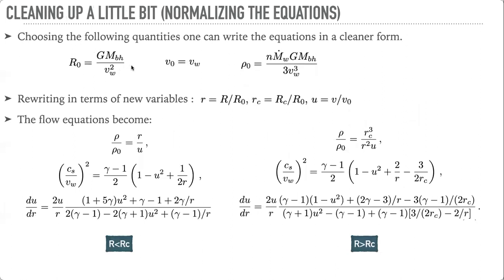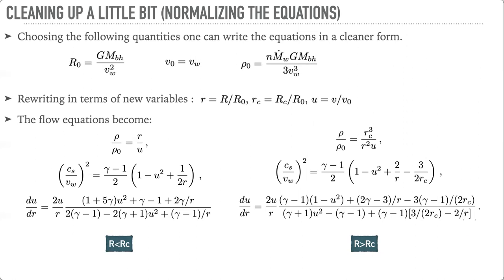But before that, we can renormalize the equations, writing them in terms of these quantities, which is the magic done by Jorge Cantó to pick the right quantities, and then we can make the equations dimensionless, and they look very well. They look simple, but they're still messy. So basically, we write the distances in terms of this R_0, and we change variables to little r, which is r in units of R_0, u becoming the velocity in units of v_0, which normalizes to the wind velocity. For the density, we also have this expression here, and we have these three equations for the solution inside the cluster radius and outside the cluster radius, and they can be solved